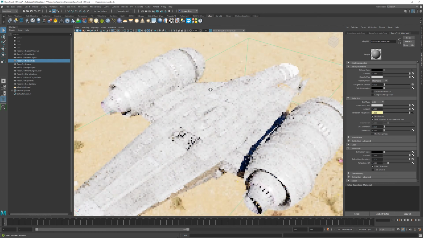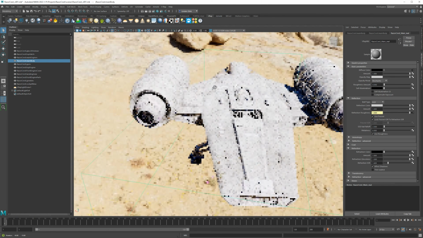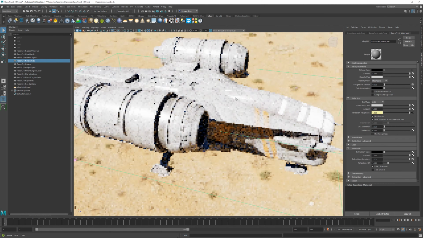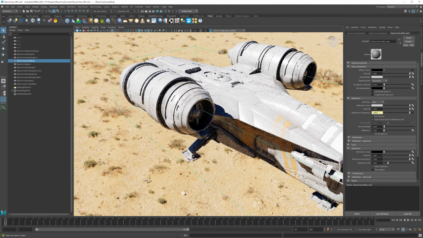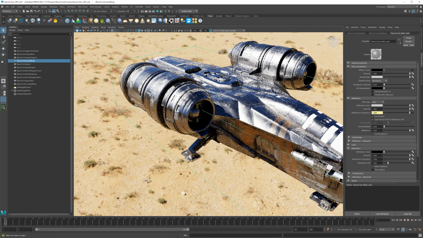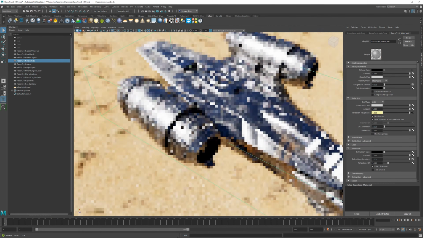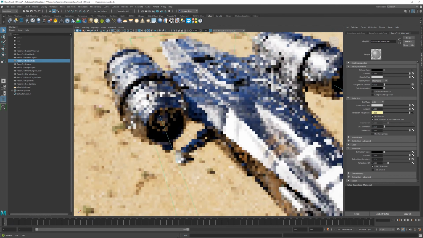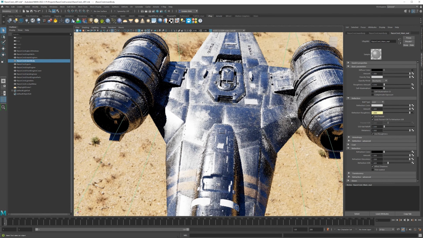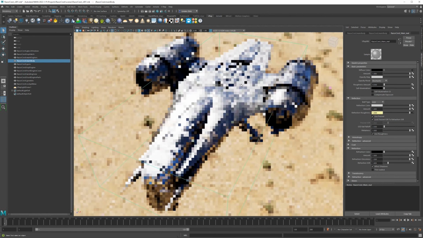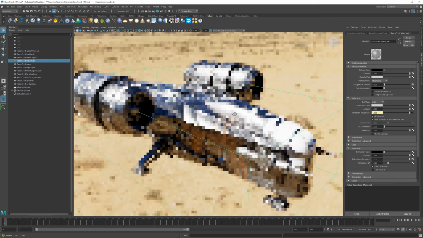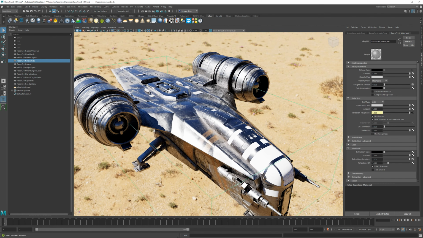If this was not metal, it would look very diffuse. Diffuse is how the light just kind of falls over it, spreads out over it. So it's pretty diffuse, but with metalness, it's going to be very, very reflective. And it's not going to use your diffuse color at that point. It's just going to reflect everything. But there are parts where we do need to have that dirt or those scratches or paint or whatever. For those areas, that's what we need the metalness map for. So we can load that in, no problem.